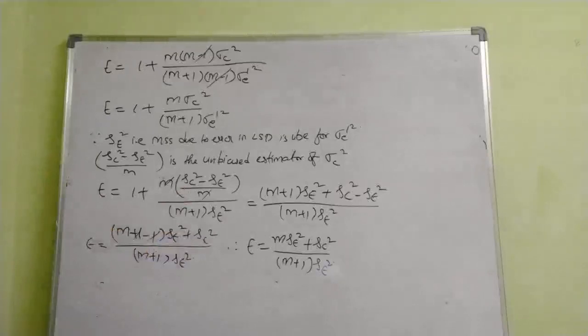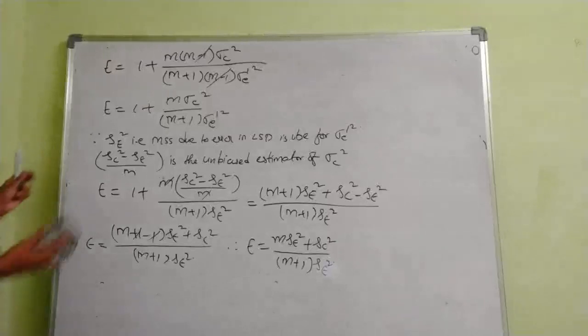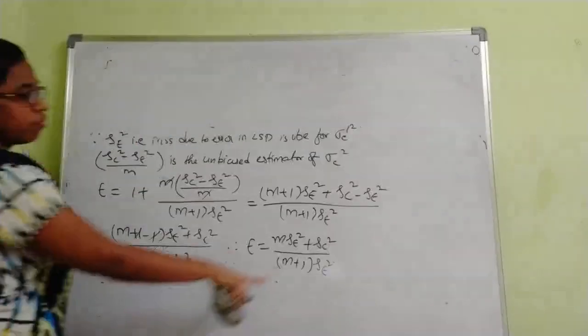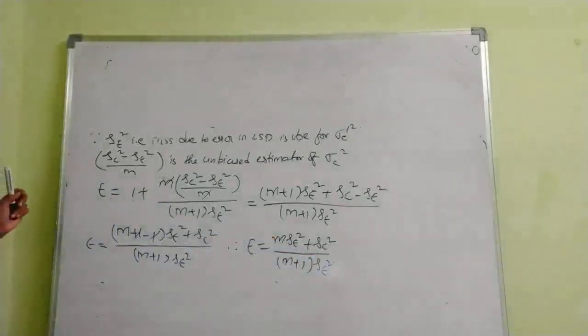Now in the same way we will do case 2 also. Case 2 means where columns are assumed as blocks. In case 1 rows are assumed as blocks. Now in case 2 we consider columns assumed as blocks. So you get almost the same value. In place of SC square, since we are assuming columns as blocks, we will get SR square.